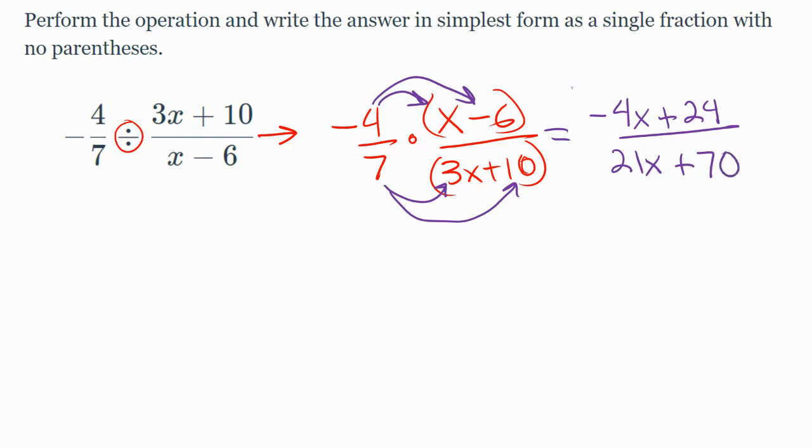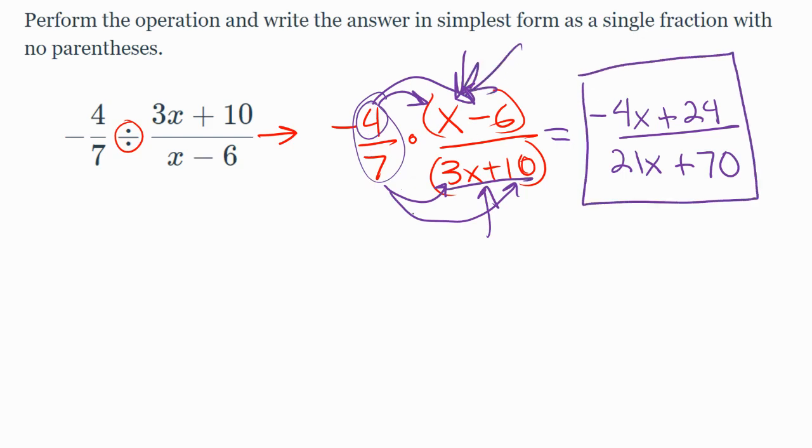And then the only thing you need to worry about after that is looking for anything that would have reduced. But I can see that back here in the factored form, these didn't have anything in common. The 3 and the 10 didn't have anything in common. 4 and 7 couldn't reduce. There's no reducing that can be done. And the easiest way to see that would have been back over here in simplest form is what I'm trying to say to you. So this is the simplest form after the result of dividing by the fraction,